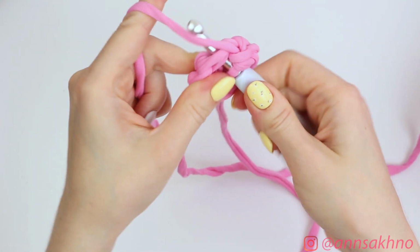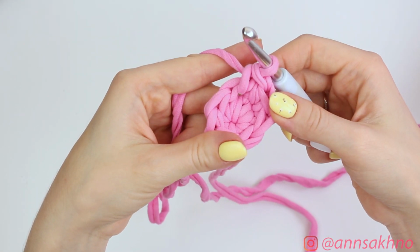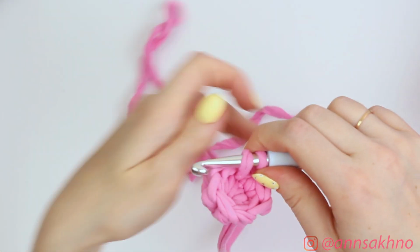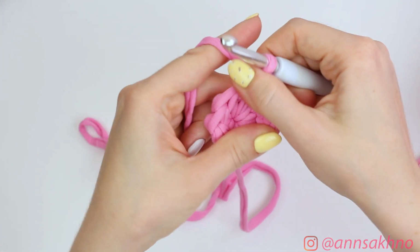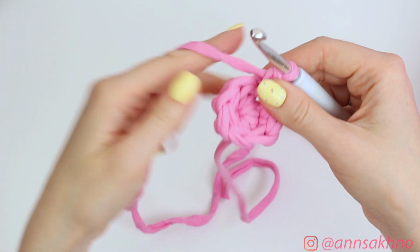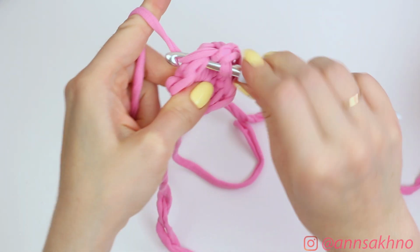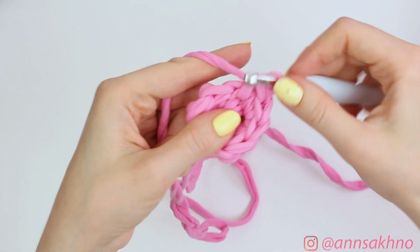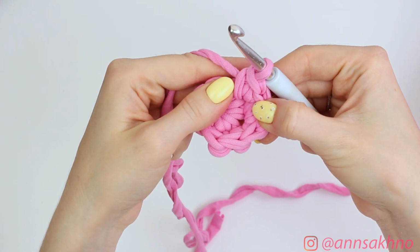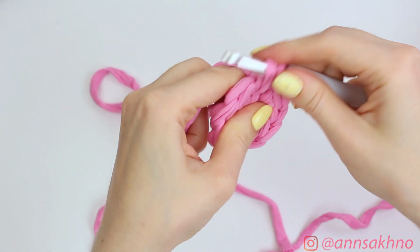We're going to double the next stitch in this row as well. Insert the hook under the braid, draw the hook, and knit 2 loops together. Insert the hook into the same stitch once again, draw the yarn, and knit 2 loops together again. So we've knitted 2 stitches out of 1, and we've doubled it. That's what we're going to do with each stitch of the second row. Insert the hook, draw the yarn, and make the second single crochet. Go on knitting